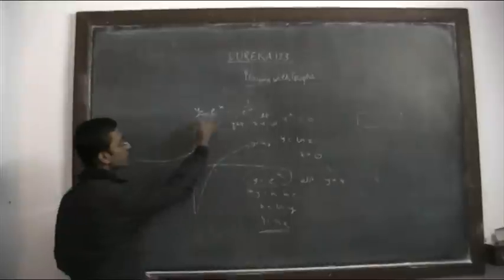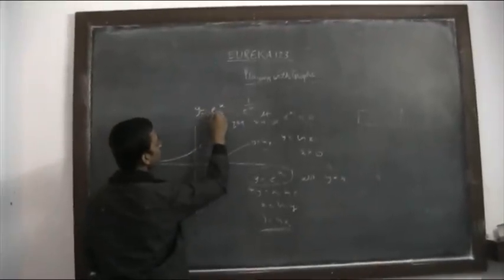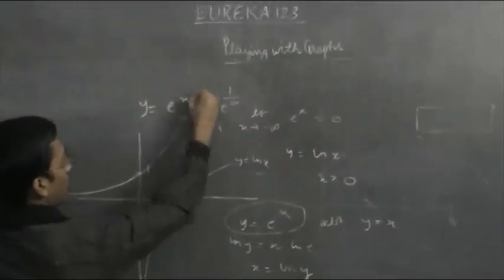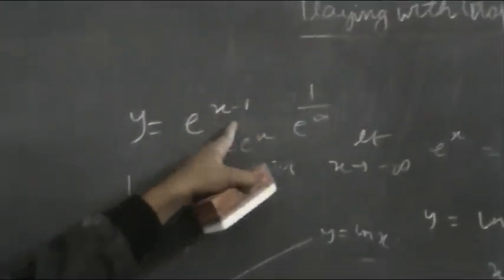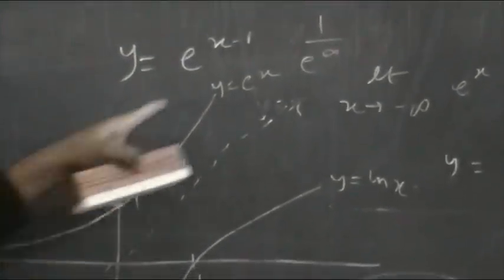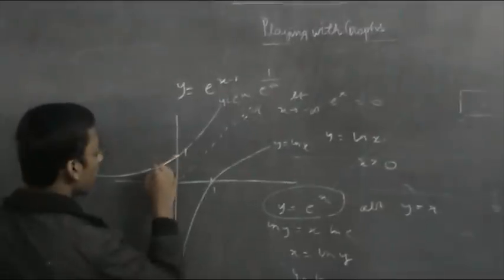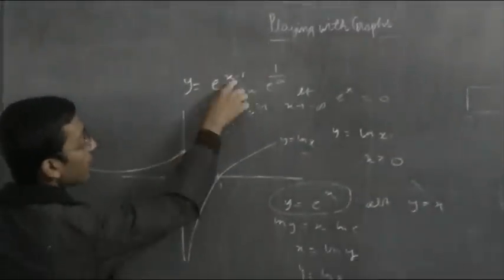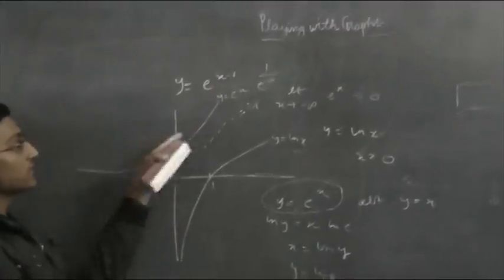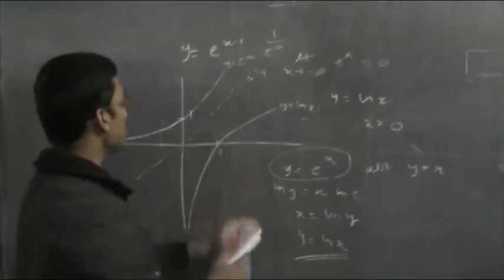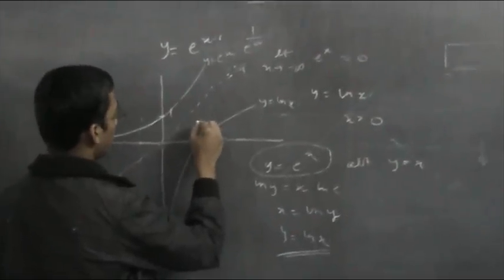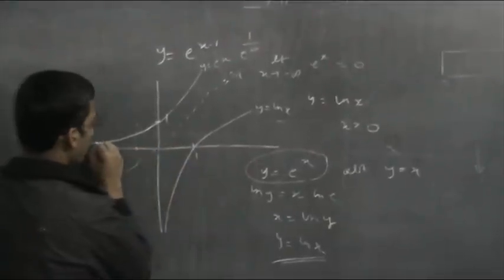Again, here also we can do shifts. For example, this is y equals e to the power x, and you have to draw y equals e to the power x minus 1. So what we are doing is x minus c. When we do x minus c, the graph shifts towards the left by 1 unit. Sorry, x minus c will shift towards the right. Had it been x plus c, then it would have shifted to the left by c units. x minus c will shift to the right by c units. So it will pass through 1, comma 1, and it will be like this.